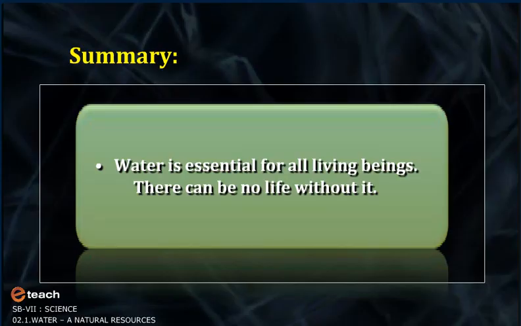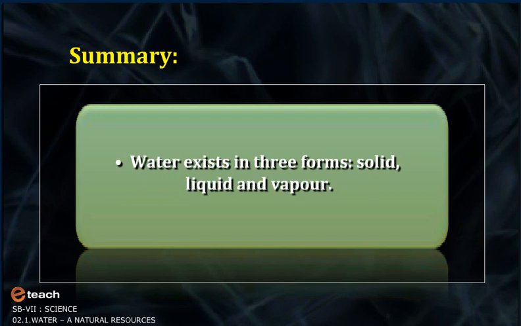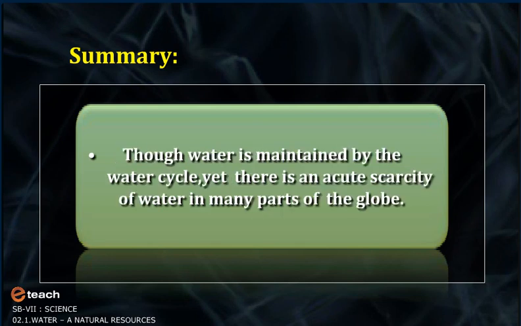Summary: water is essential for all living beings. There can be no life without it. Water exists in three forms: solid, liquid, and vapor. Though water is maintained by the water cycle, yet there is an